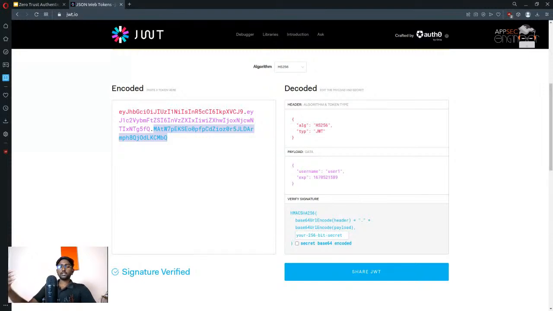Meaning the issuing body has power over, has a unique method of signing it, and only the client that also has the same key is going to be able to decrypt it and then read it. In this case, if somebody were to mess with this, like let's say I make this user 2 instead of 1, then immediately the signing part of this token also changes, which means when my server reads this token, it is going to know that I have changed the contents of the token somehow, and it immediately invalidates all